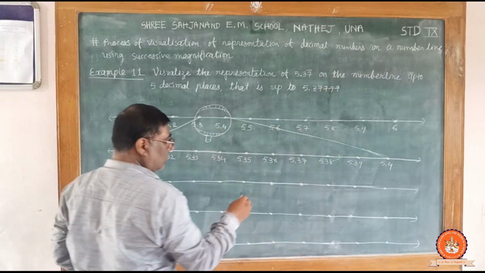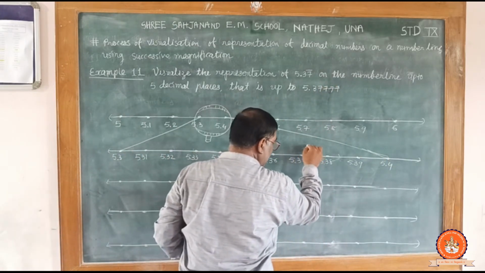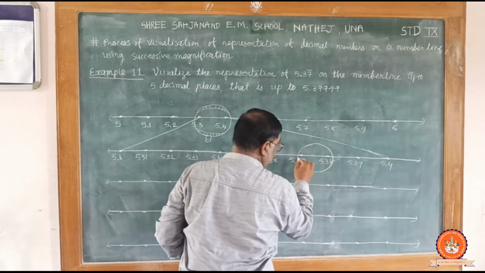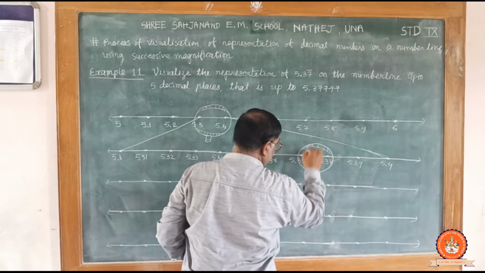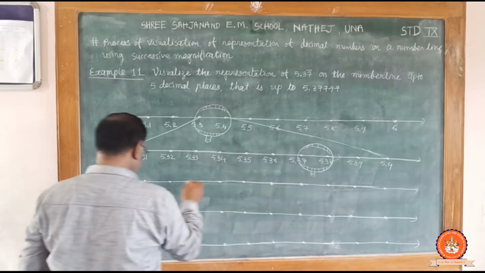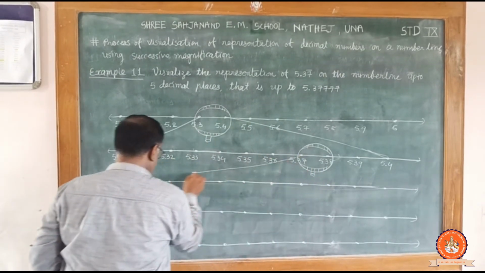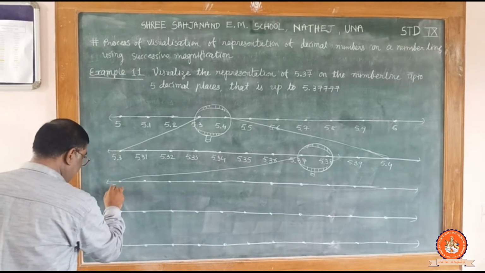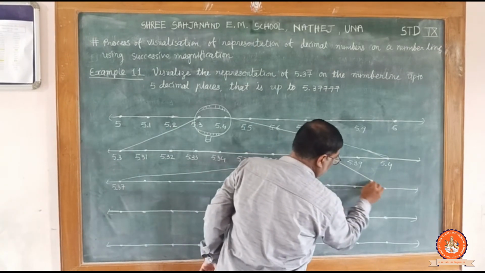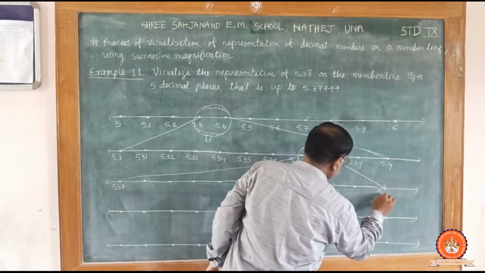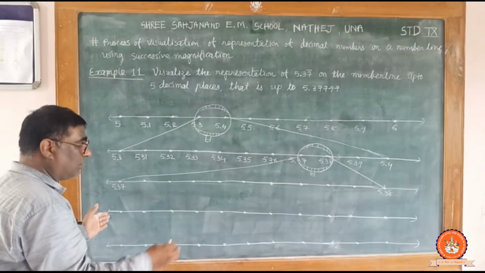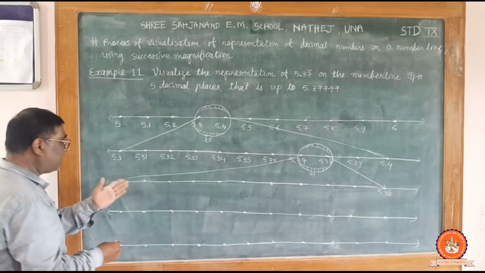So we have to magnify this portion of the number line, 5.37 and 5.38. So 5.37 will be here, and 5.38 will come up to here, and the points between these two numbers will be labeled starting as